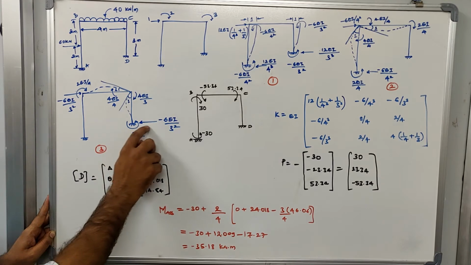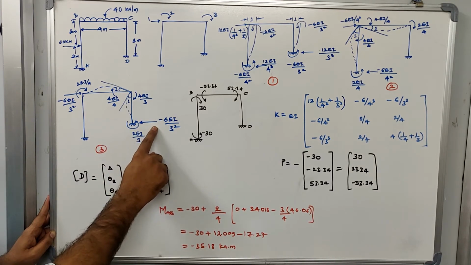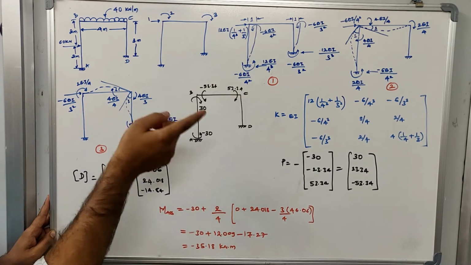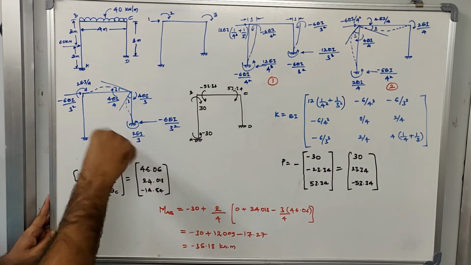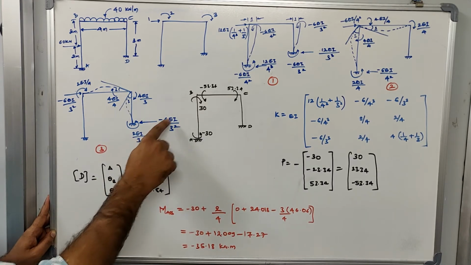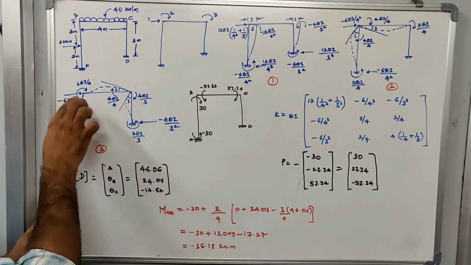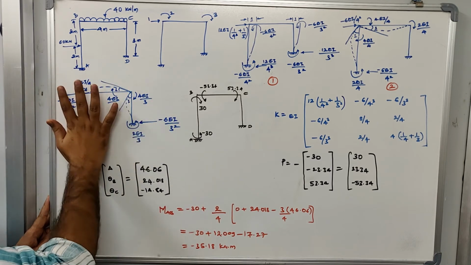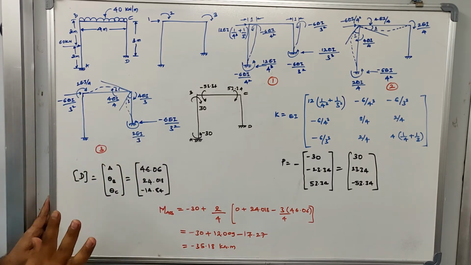Okay, now let us again calculate how much is the reaction here. So the reaction here will be equal to 4EI by 3 plus 2EI by 3, which will be 6EI by 3, divided by the length, which is 6EI by 3 square. If it goes to the other side, it will be minus 6EI divided by 3 square. So this reaction will be the force that will be applied at the first coordinate. Okay, so this completes the process of finding out the stiffness matrix.